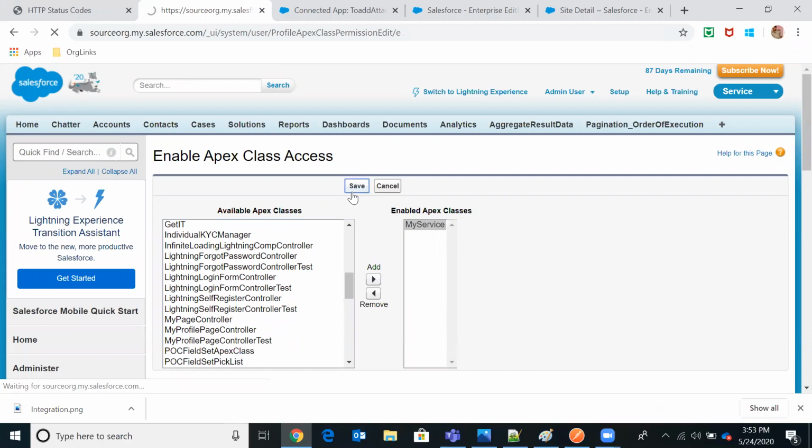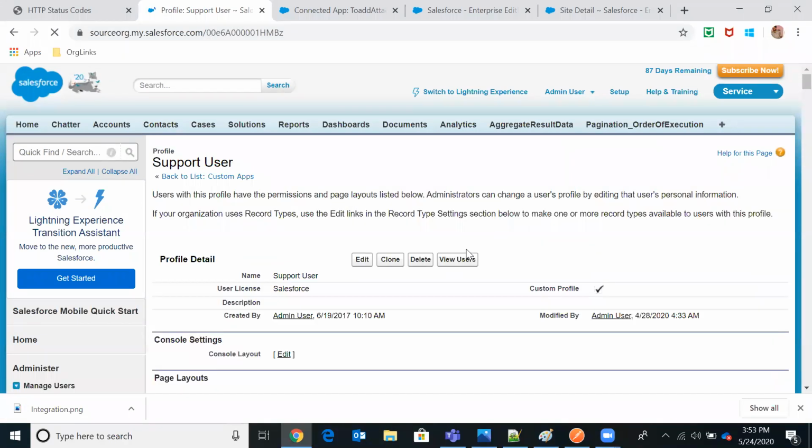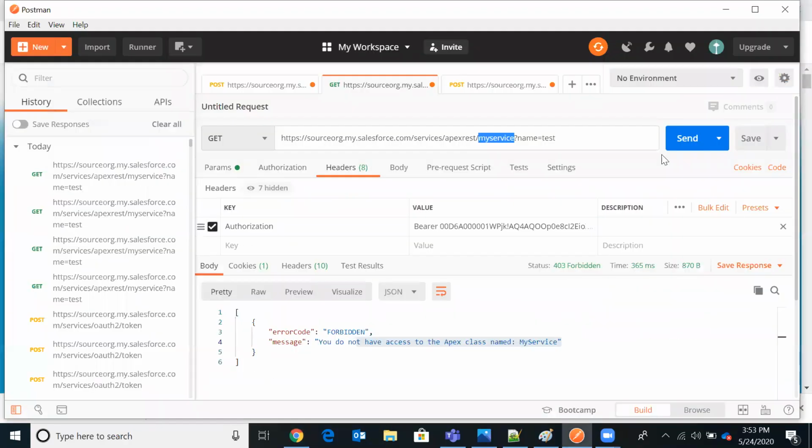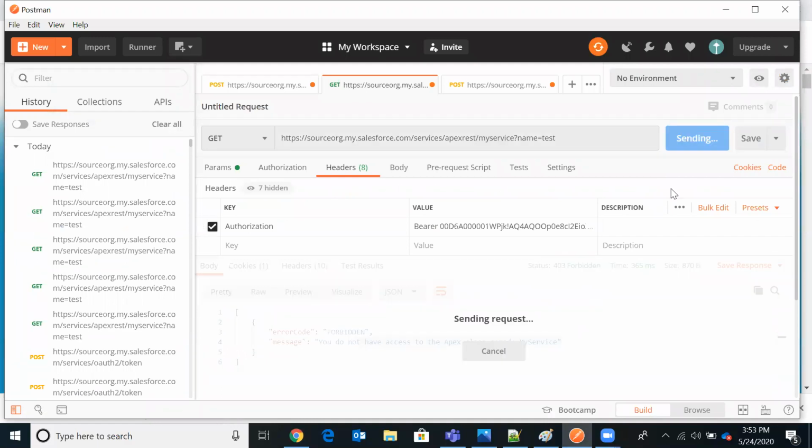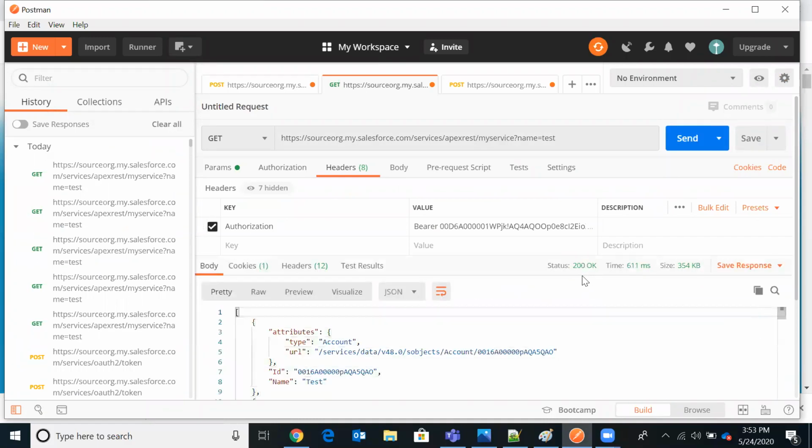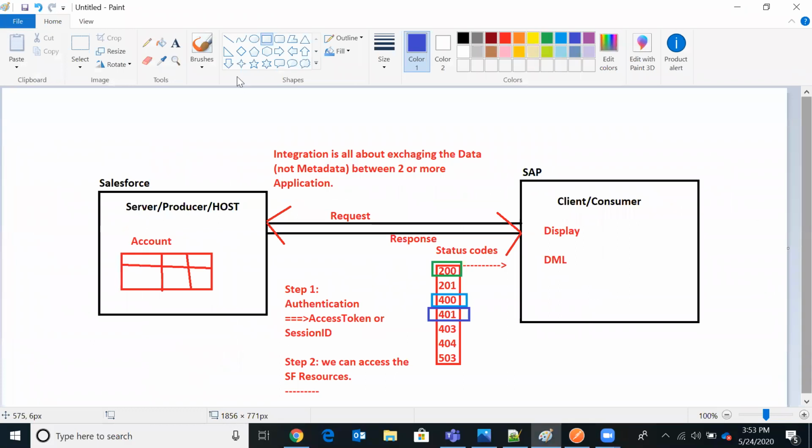I'm giving access to this profile. Previously we received 403 and now I'm hitting it again. Now I got 200. So this 403 is all about this: if you do not have access to the resource, then you'll get a 403 error.